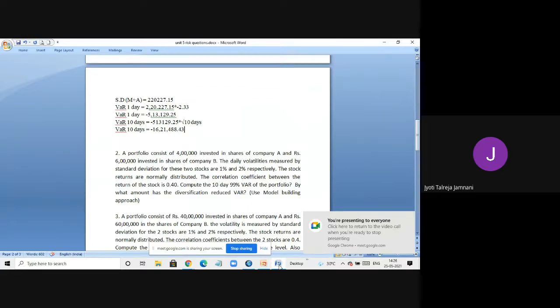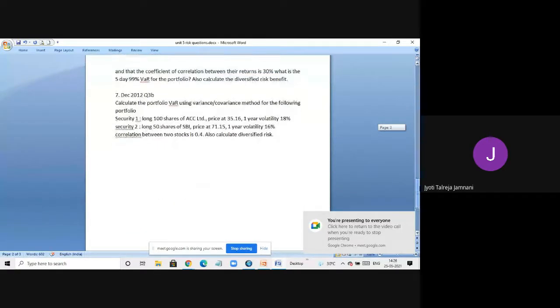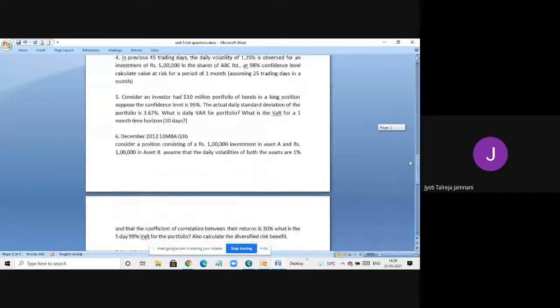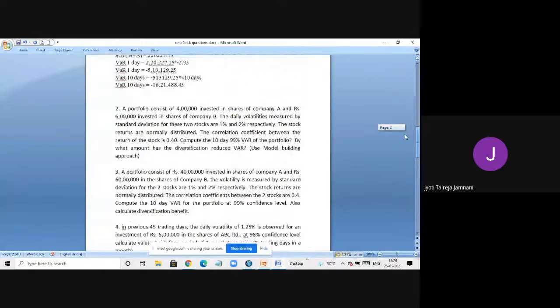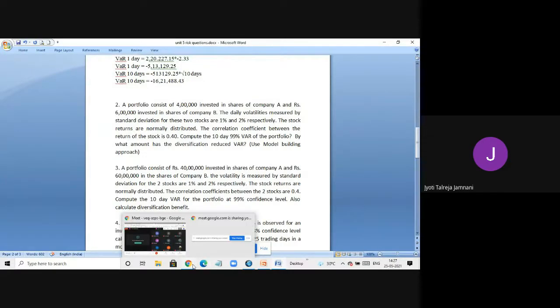Tomorrow we'll continue with the next sums. So I have around 7 sums. Tomorrow I'll complete them because they are not that big and you have understood the first sum. So tomorrow it will go a little easy. So we'll continue it in the next class. You can type your USN numbers and leave if you have no doubts. If you have doubts, you can ask.